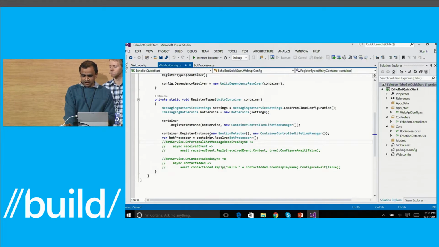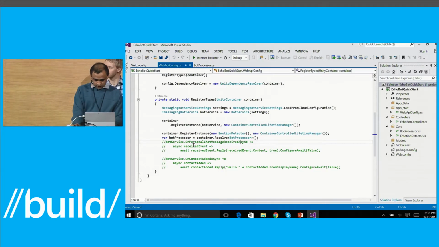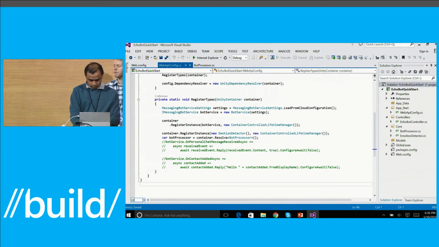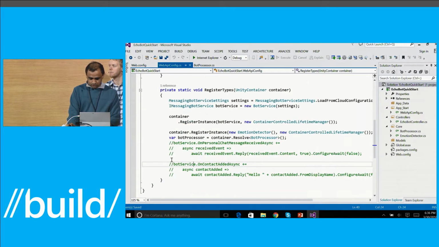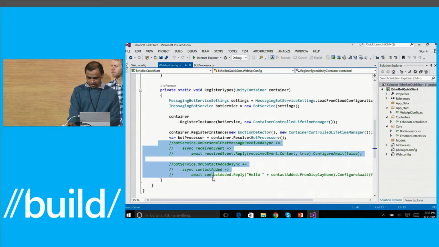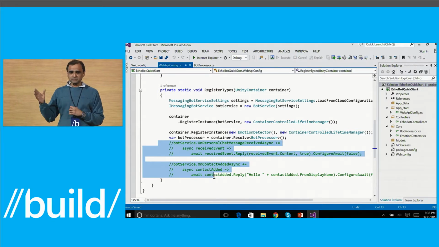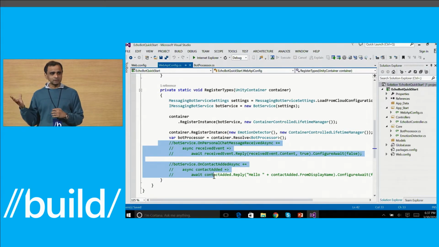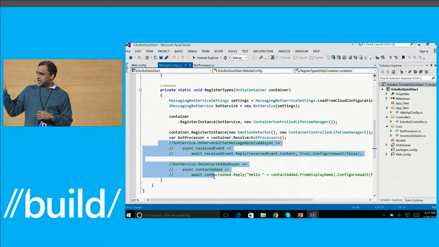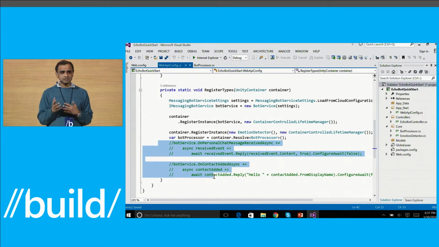The next file is the web API config. I'm just going to zoom in a little bit. Okay. The portions that I've commented out here are the portions that you get as part of the sample. What it does is it hooks on to 2 of the event handlers that are exposed by a bot service, which is a helper class that we have created to abstract away the REST interfaces. The on personal chat message received event handler gets invoked